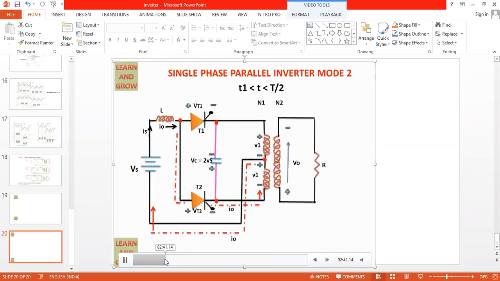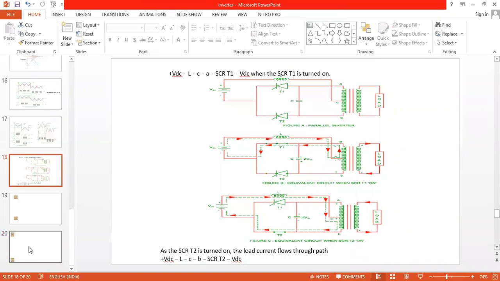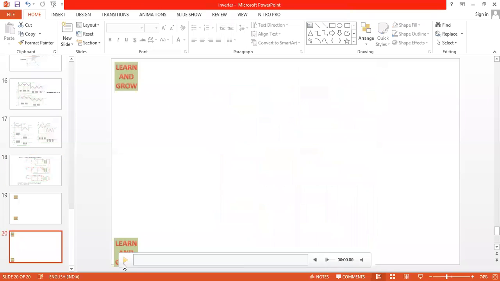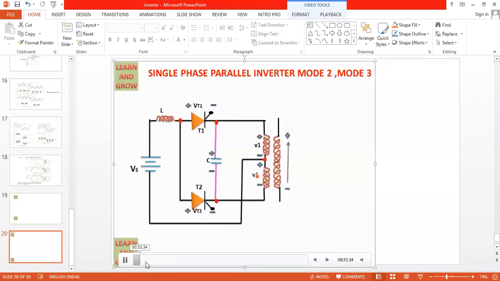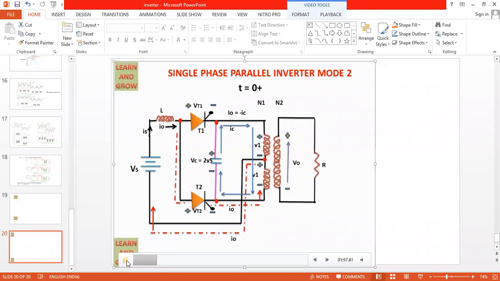Okay. Any doubt anybody is having, you can put forward. Next class we'll take the problems as well as the 3-phase inverter on different circuits. Okay. So same material is here. Whatever modes we have discussed is this one, but I thought the animation will help all the students to understand. Okay, 4 modes, be perfect here.